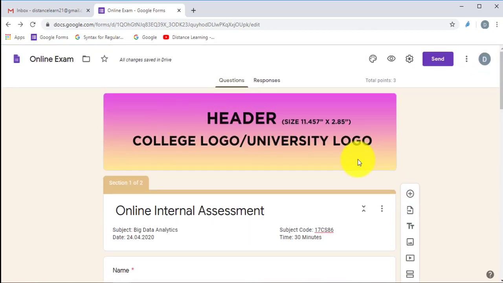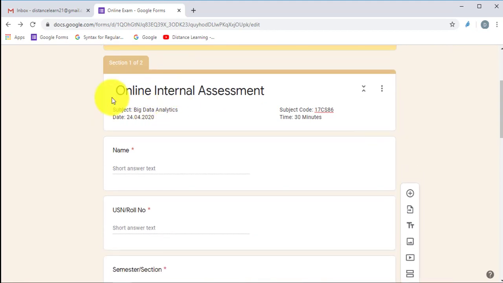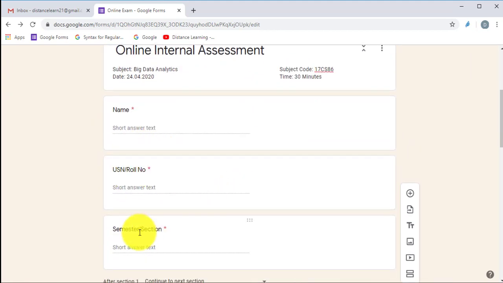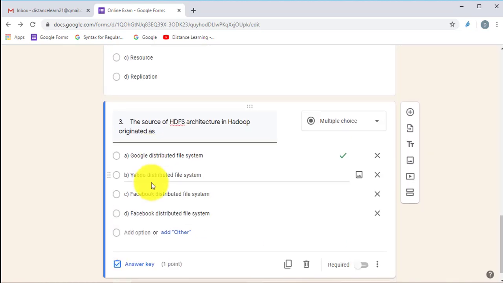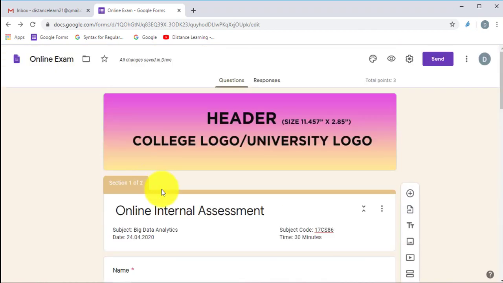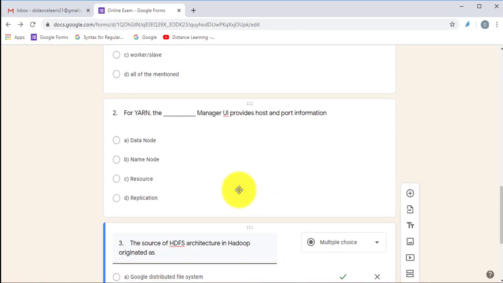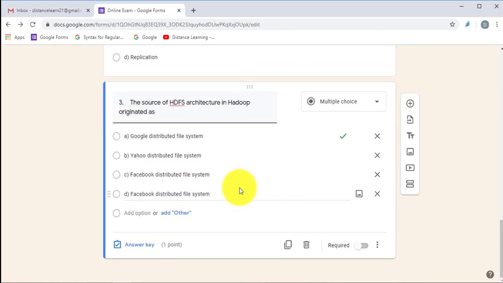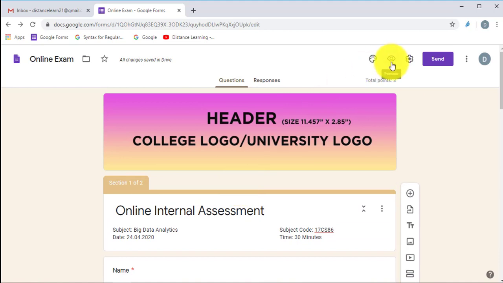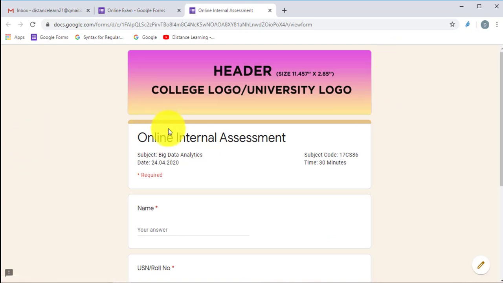So first what I did, I included my header section, and in that I have written heading, subheadings, name, university, roll number, section. After this I clicked on add section, I created a section and added 3 questions here. Now if you want to see the preview of how it looks to the students when they start writing, this is your page, only you can see these editing options. So here on the top in the right corner there is a preview option, just click on that. So this is the preview where this page will be seen by the students or the end users who are using this form.